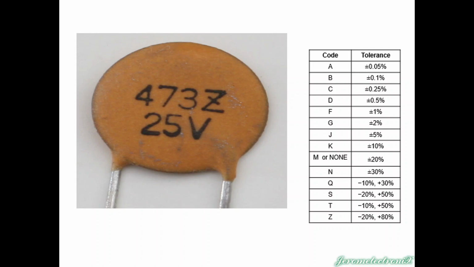So this would be a 47,000. Wait a minute. Capacitors are not rated in ohms. In the last presentation, we talked about what capacitors are, what the units of capacitance are, and maybe you can remember that. If nobody yells it out, I'm just going to tell you it's in farads, named after Michael Faraday. Okay, so this would be a 47,000 farad. Oh, that's not true either,